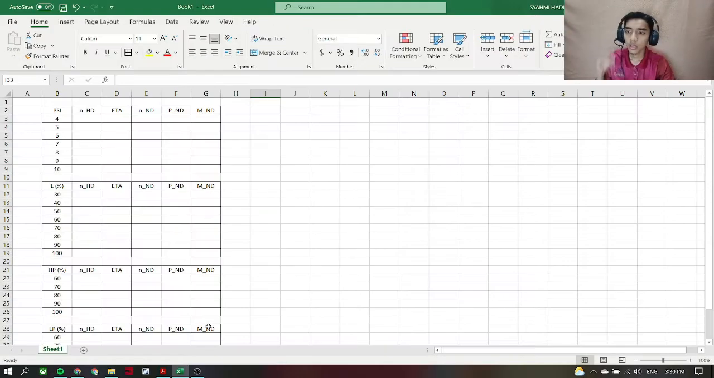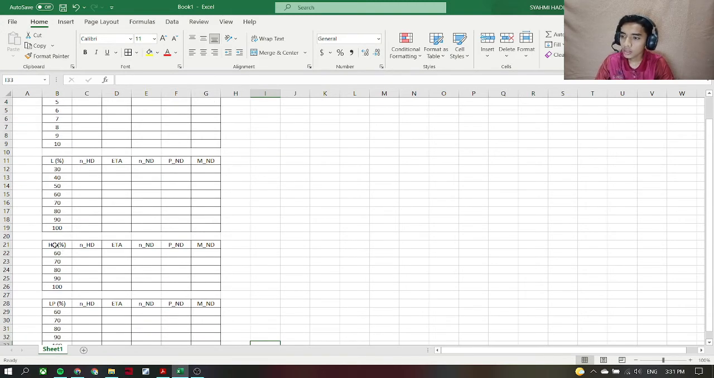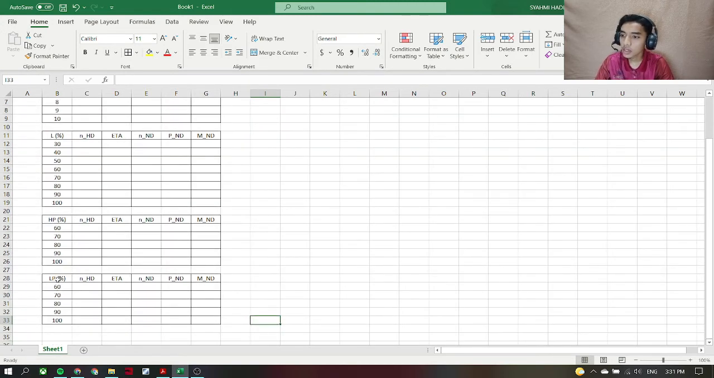So now I will start with the table for the T4 experiment, which is the 2 shaft gas turbine simulator. So there will be 4 tables for this experiment. First is for the pressure ratio of the experiment. Next is the percentage load. The third one is the high pressure turbine percentage and high pressure turbine efficiency, and the last one is the